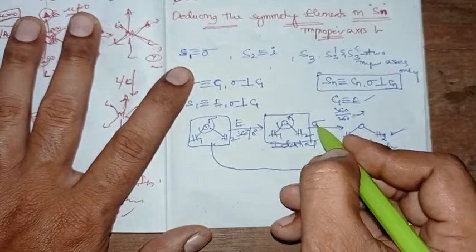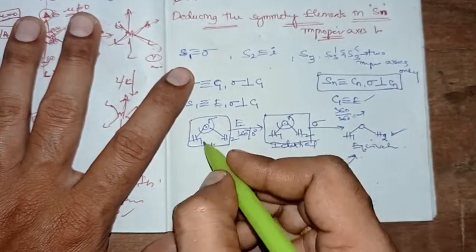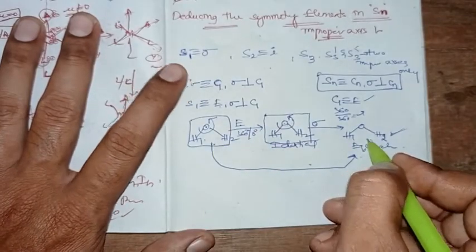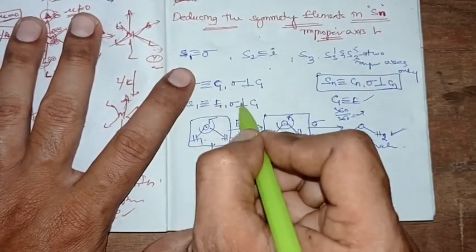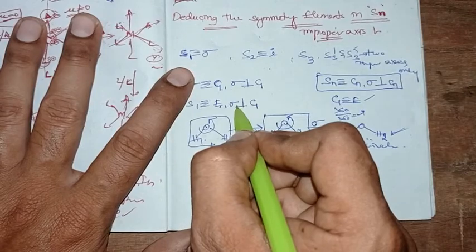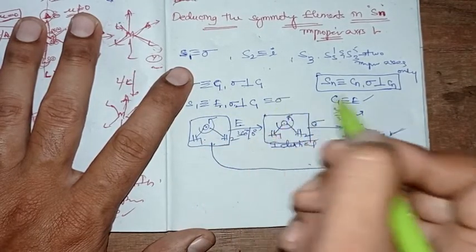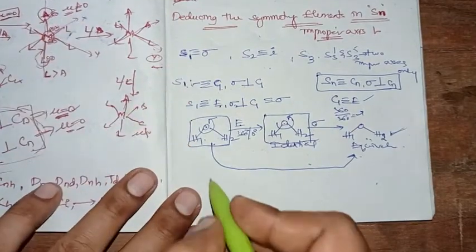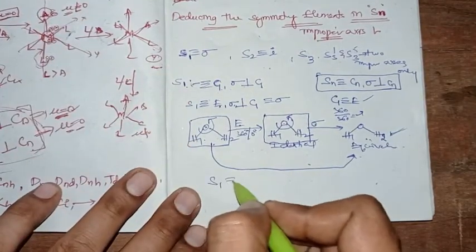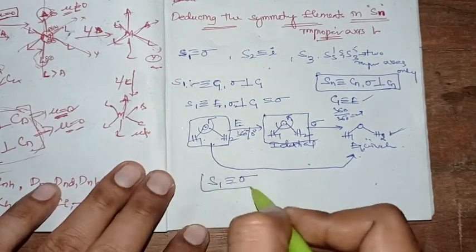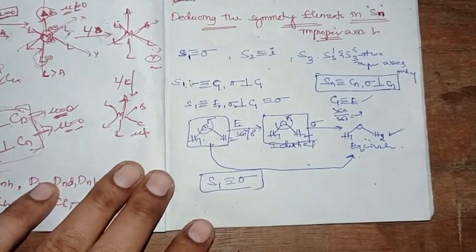The same equivalent configuration is generated for identity followed by plane, or for the direct plane, which means that doing identity and then the plane, or directly doing the plane, is equivalent to the plane. So this means that S1 is equivalent to the plane, doing the plane only, right?